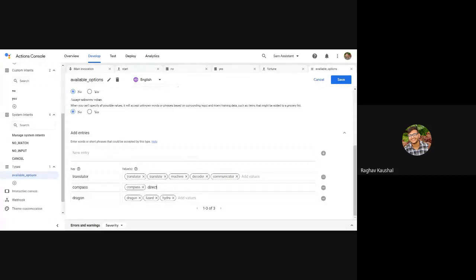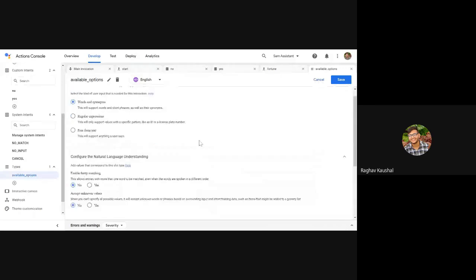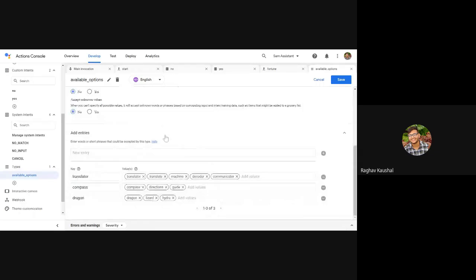This is basically what a user can say. If you give him three options, obviously he'll choose the option which is given, but he can say another thing also, no? So a guide. This is just to refine our assistant. It's not necessary. Even if you have entered only one value, it will work perfectly. So I have added some. You can add more. You can add a horse. You can add whatever you like according to your storyline. Do you want me to copy this also in the chat? You just have to write this and then click on save.